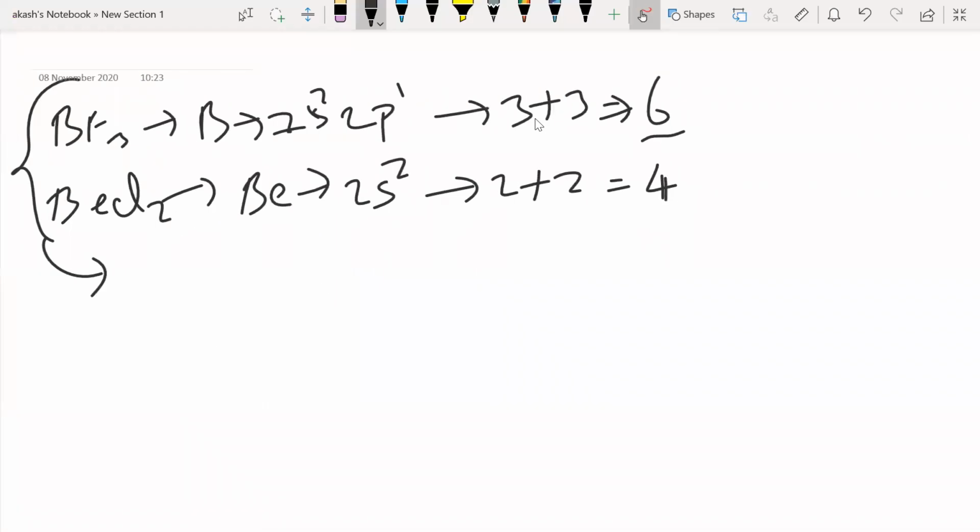So these are the problems with Lewis theory. It doesn't give me the structure. It doesn't tell me about the strength of the bond. It doesn't talk about the magnetic properties. It doesn't explain molecules where I have less than 8 electrons or more than 8 electrons. All these are not explained by Lewis. So now when I go for valence bond theory,